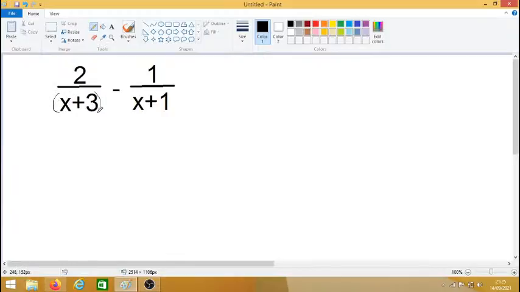So I want the same denominator on both, and I'm just going to work on the first fraction, take a sneak look at the next fraction and say there's an x plus 1 there. So what I now want to do is take the x plus 1 and I'm just going to put it on the bottom and the top. So I'm going to times by x plus 1 on the top and the bottom